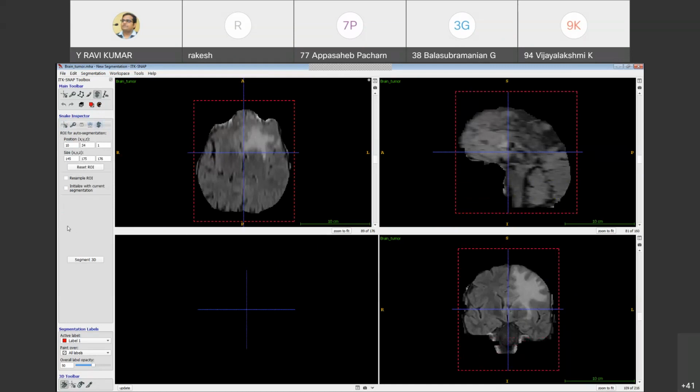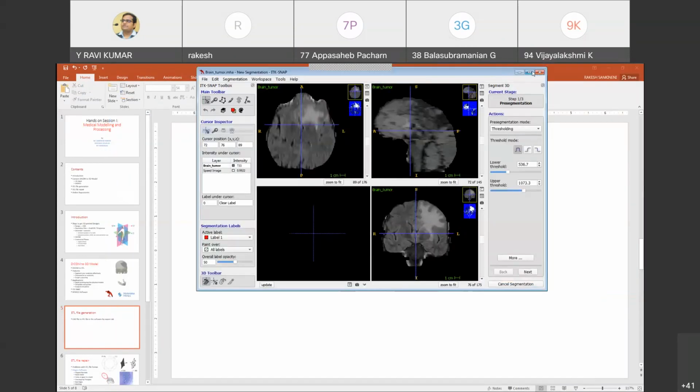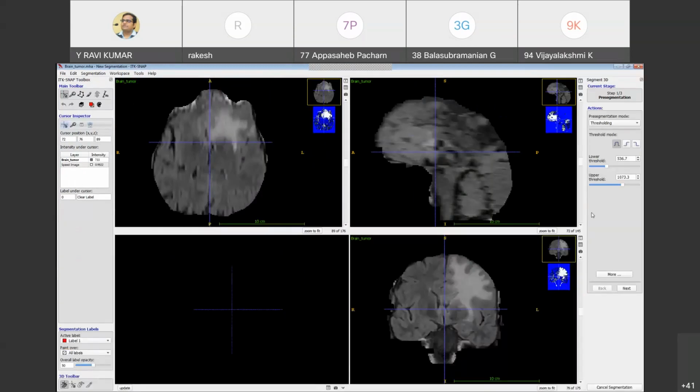Then segment 3D. You just click on the segmentation 3D, then you will see this thresholding tab, like pre-segmentation. Here you need to use the thresholding values.